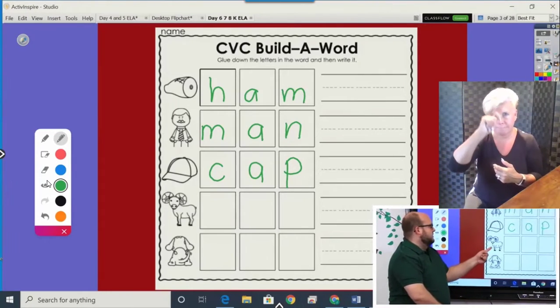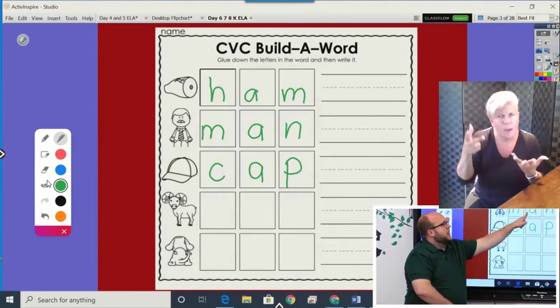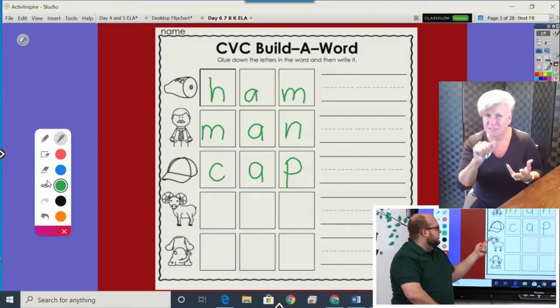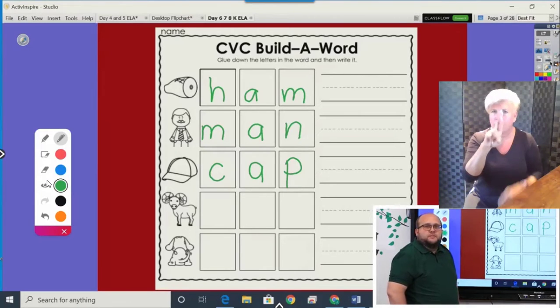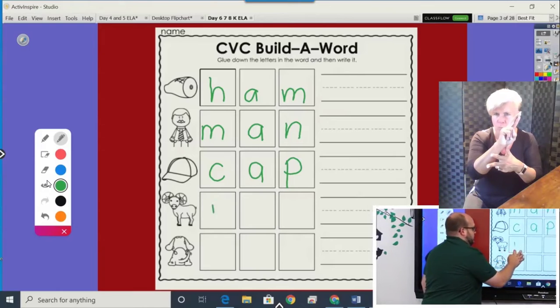Try the next one. I was thinking goat, but it's not. It's going to have short A in the middle and go ah. What's another word for an animal that looks like this, with big horns and likes to climb up mountains? A ram. You got it. Spell ram. Try to beat me. Can you say it out loud or write it for me? Did you say